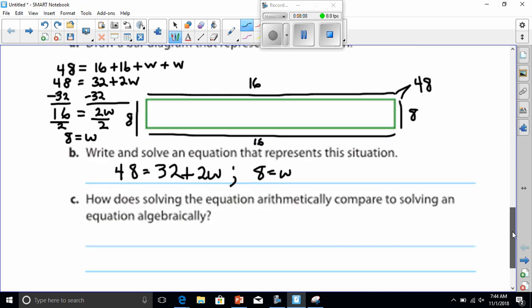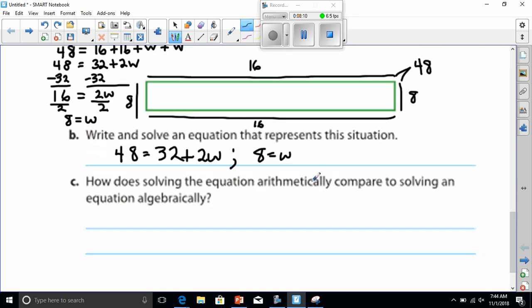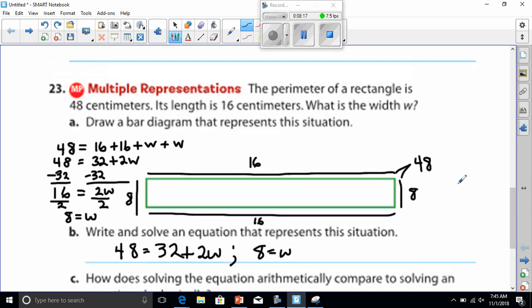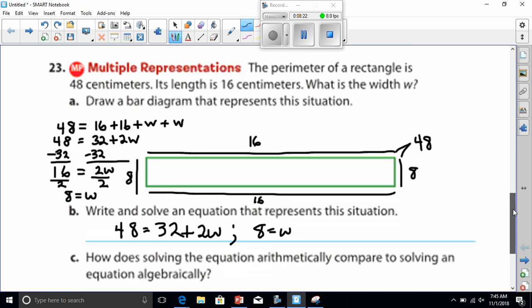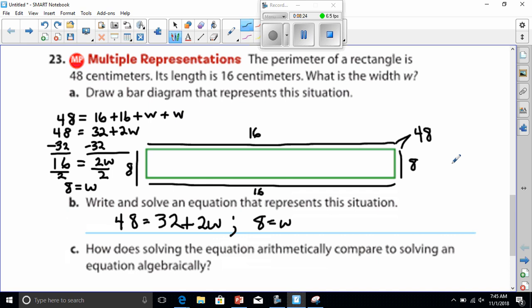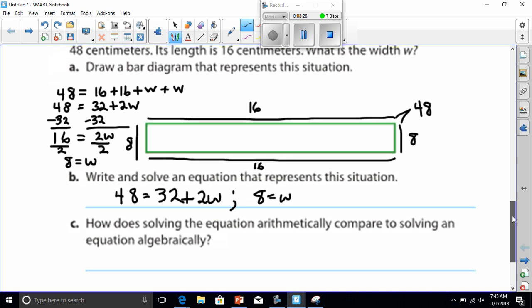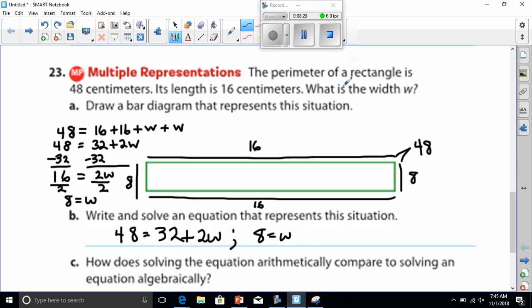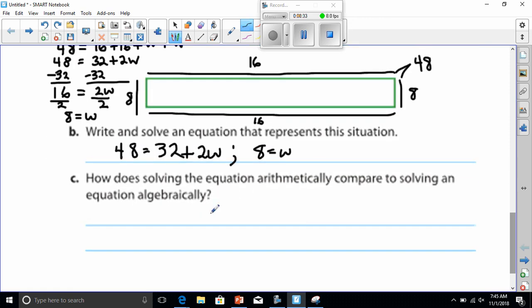Lastly, it says, how does solving the equation arithmetically compare to solving the equation algebraically? And to be honest with you, I'm not going to require you to answer that. Really, we're talking about numbers here and combining, what is this they wanted, a bar diagram to represent the situation. One is just going to be adding and subtracting, the other one we're really going to be doing an equation for. So I'm just going to say,